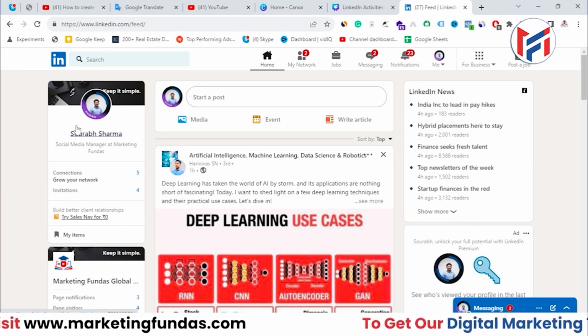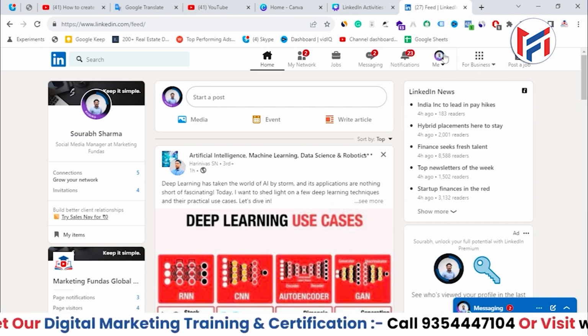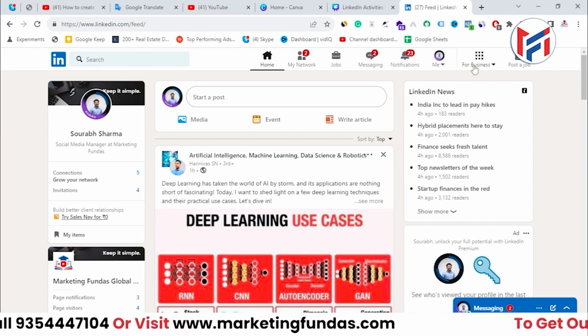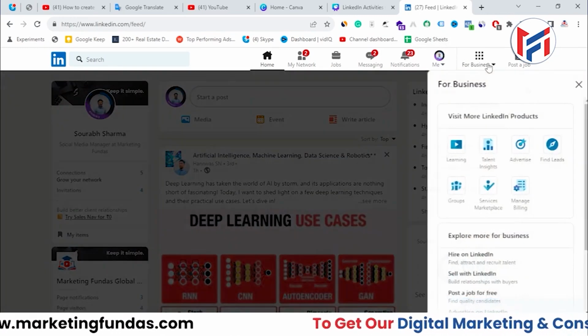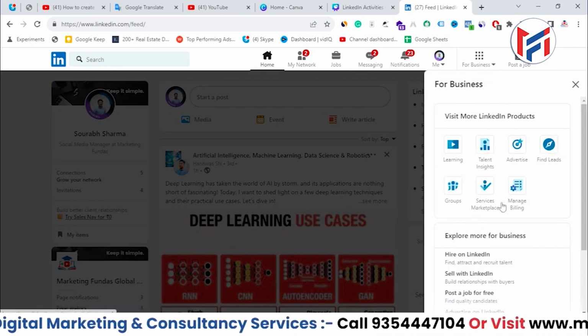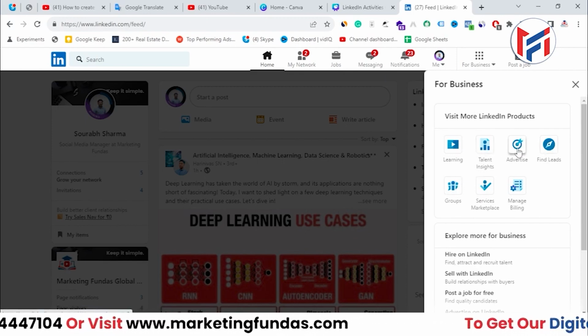Right now here you need to go to for business option. Here you'll be able to see just right side of your profile picture or this me section. You'll be able to see for business option. When you click on this, you'll be able to see basically tools which will help you to grow your businesses, right? So here you'll be able to see advertise option. Click on this,